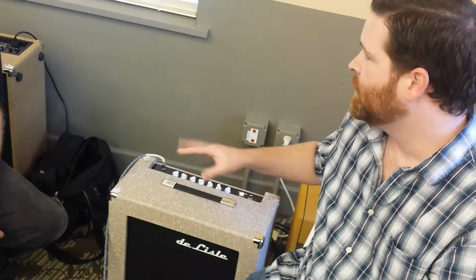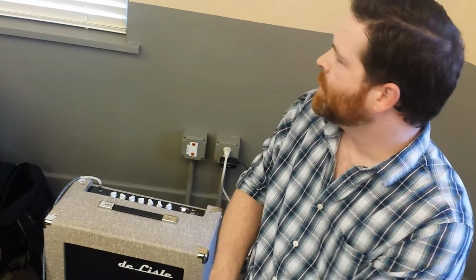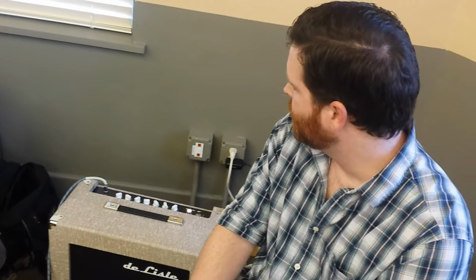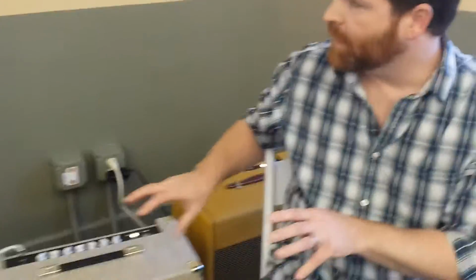The tone stack is based on the old James design. You'll see those in Ampegs and Orange amps, and there's quite a few others out there that use that same design. But I took the values and did the models in software to figure out where I wanted those frequency changes to be. Now I have a Reverb Rocket from the mid-60s with a 12, physically a larger amp,